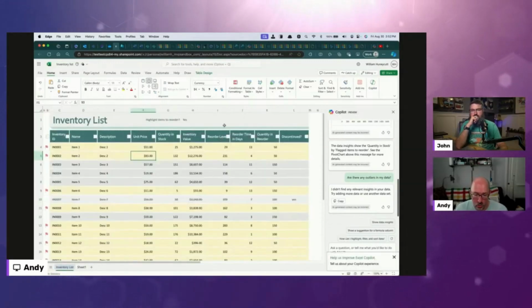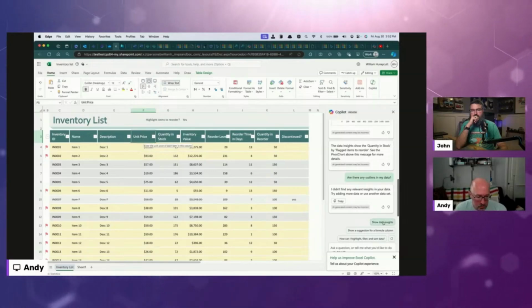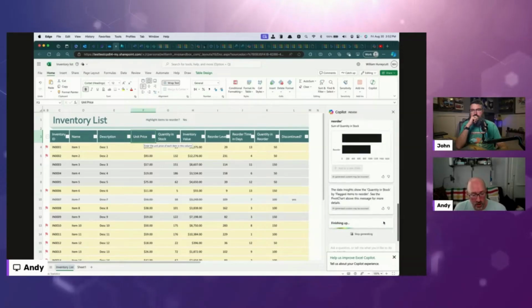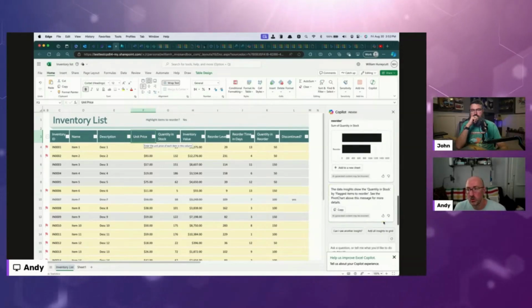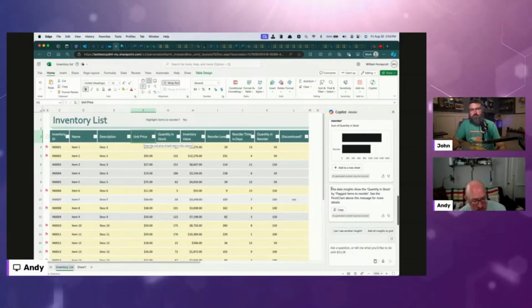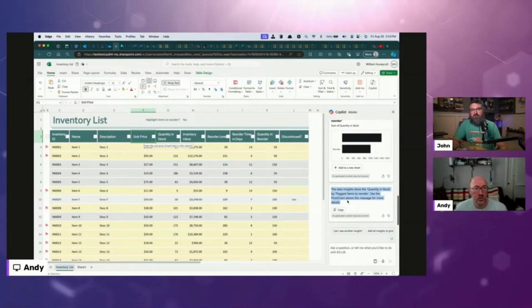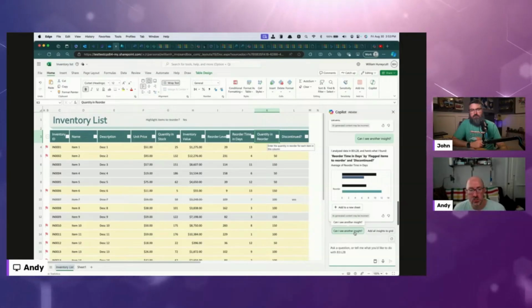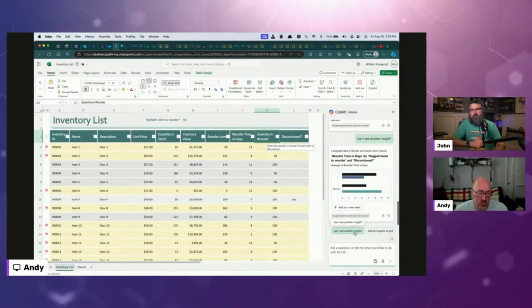Additionally, when you start working with it and you do things like show data insights, Copilot's really good at extracting insights in your data that you might not have been aware of. It'll look for trends. It'll look for insights based off of business formulas and business practices that you might not have been aware of. And then based off of that, it'll give you an output. But one of the things that I think it does a really good job of is, when you ask it to see insights, based off of those insights, it's going to be able to add in additional columns. And as part of those additional columns, it would be able to add in formulas,